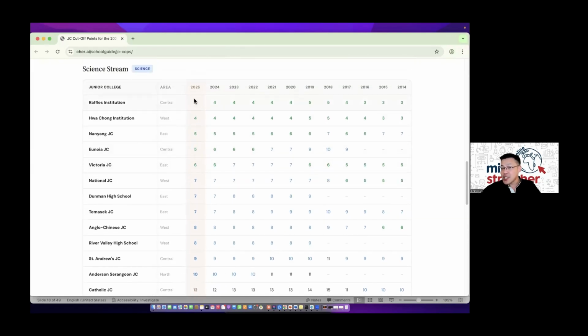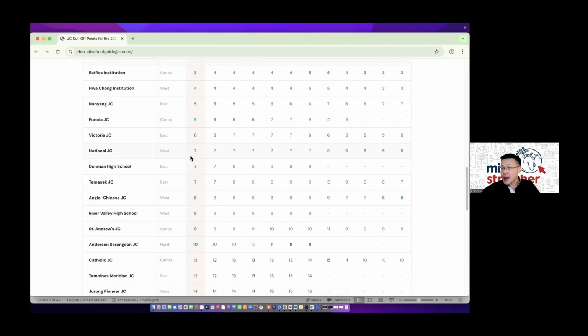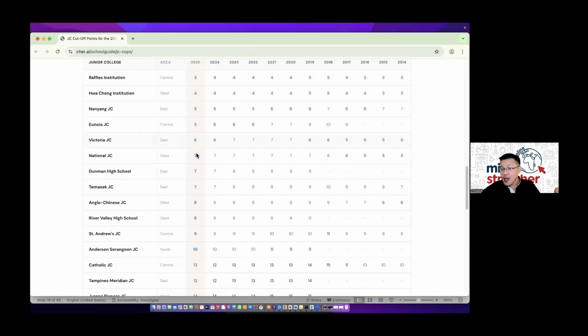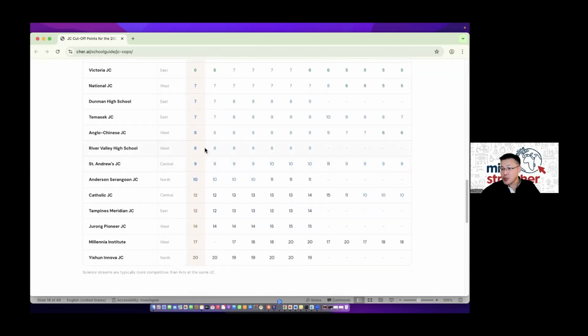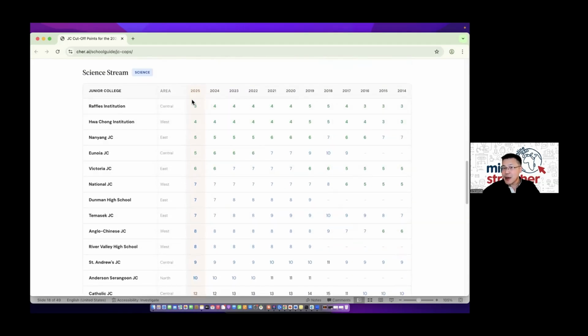So it's quite difficult, right? And generally you will see the science stream definitely will be more competitive, because also note that the score here is a matter of demand and supply, right? So the more people who compete to get into the school, the more it will drive the points down. Generally, more people want to go into the science stream and it's a bit more competitive compared to the art stream. So that's why you can see the score is also lower. But you can also see the same thing happening, it's pretty stable from year to year. And even if they trend down, you can see in this case, it is a -1, making it harder over time. So that's the thing to note.